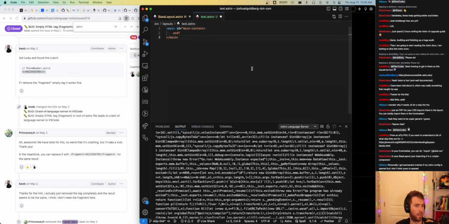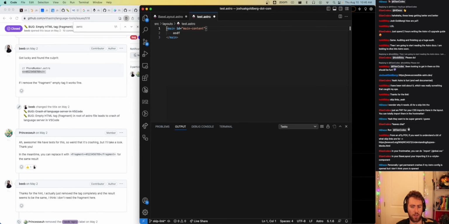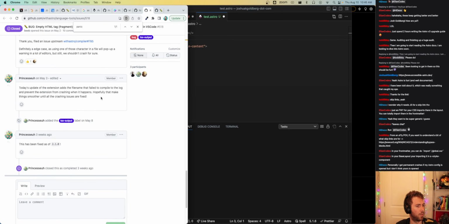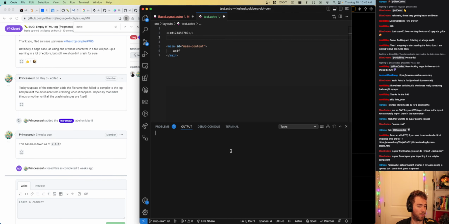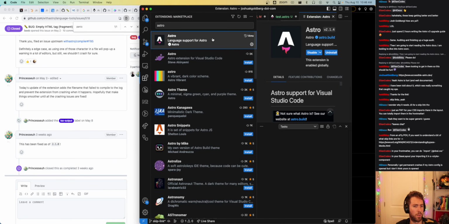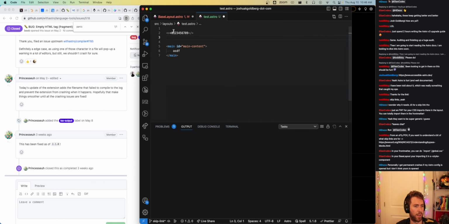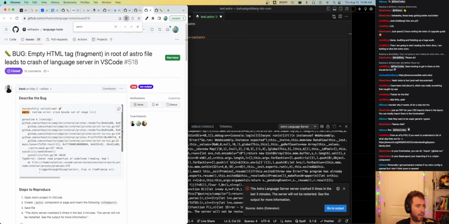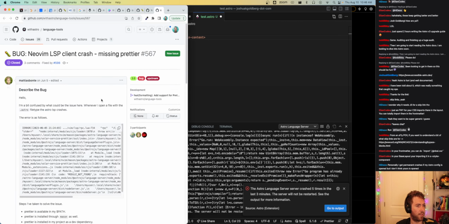What happens if I do this? I know I could probably just restart the things individually, but just to get a blank slate. Has this bug since been fixed? 2.10, 3 weeks ago. Astro. What version am I on? I'm on 2.1.4, so I do have that fixed. It does seem to work. And if I... Yep. Alright, it seems like what I'm seeing is a variant of that one.